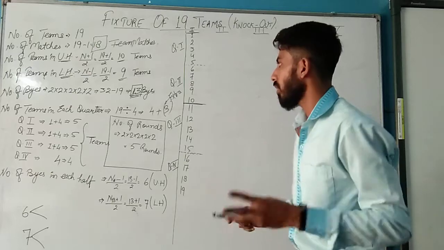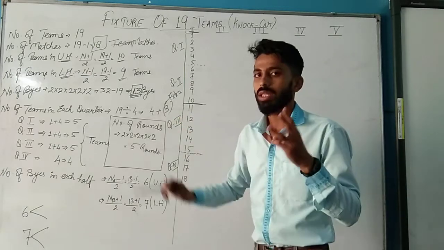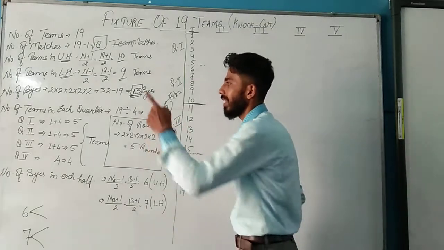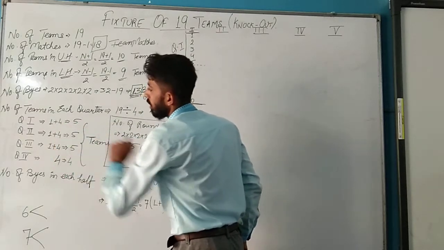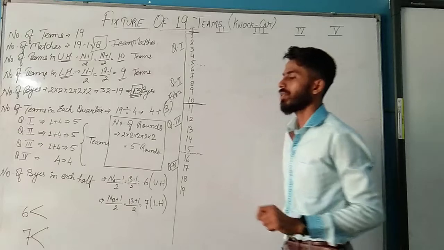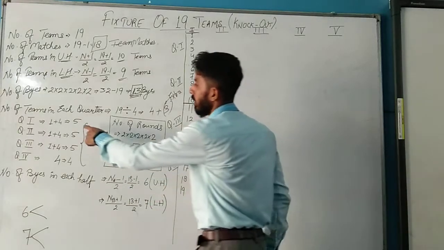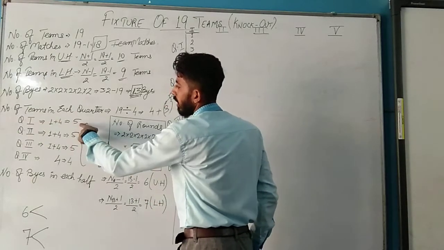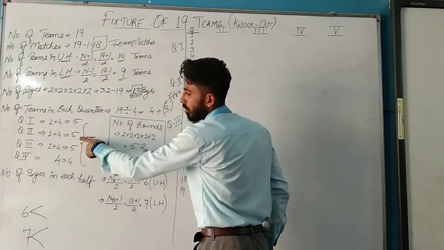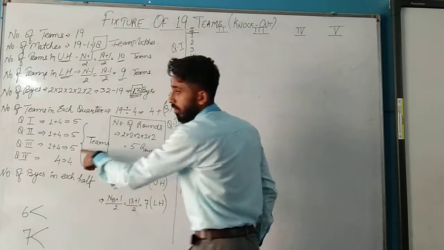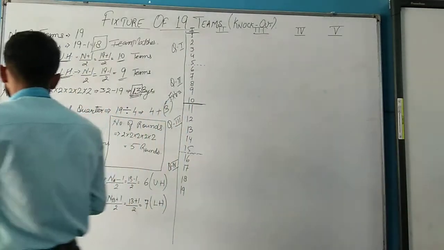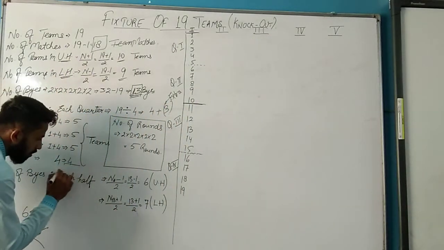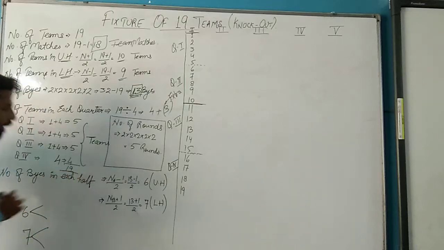But if the remainder is 3, that means in this situation that 3 teams will go differently into these 3 quarters, that is quarter number 1, quarter number 2 and quarter number 3. The 3 extra teams will be added on 3 quarters. The total teams in quarter number 1, that is 5, quarter number 2, that is also 5, quarter number 3, that is also 5, according to the rule of remainder 3. And in the last quarter, the total teams will remain already 4. That sums up to 19 teams.